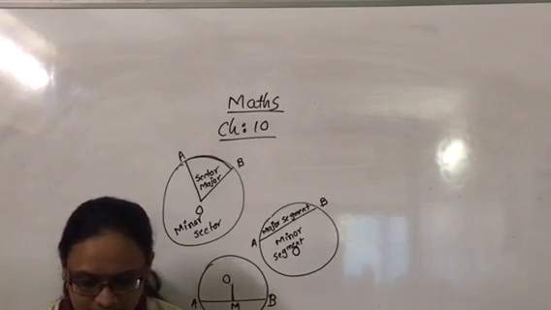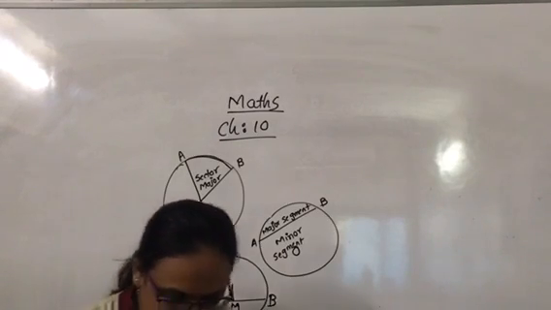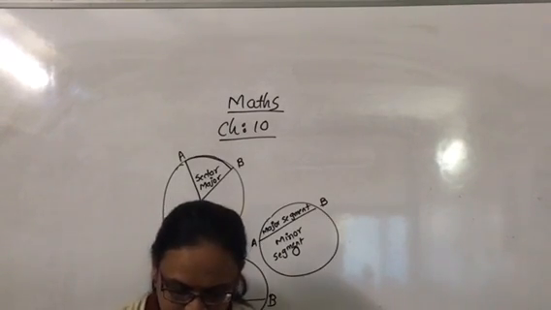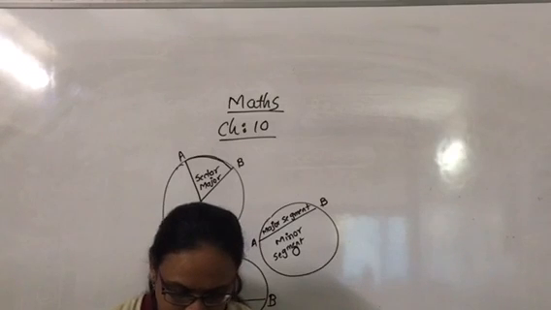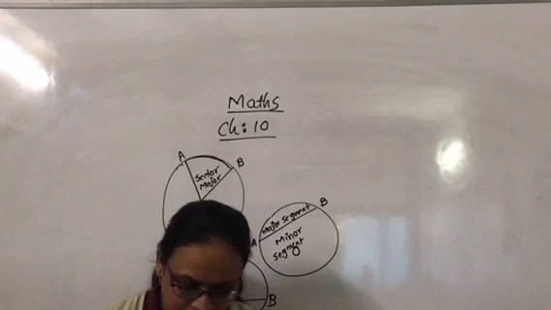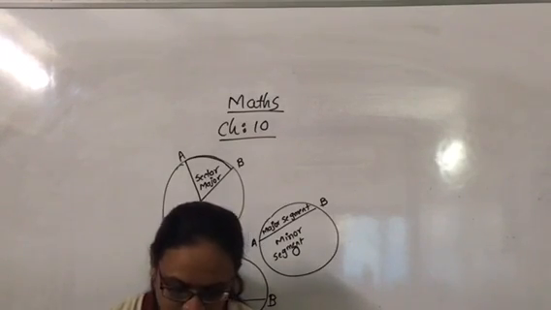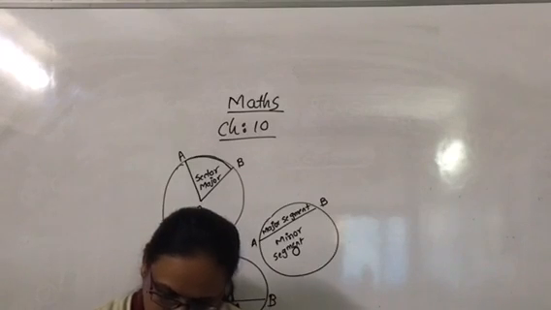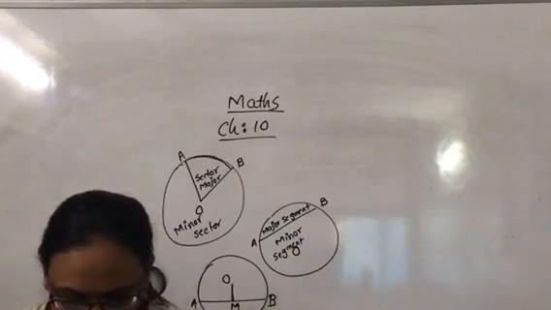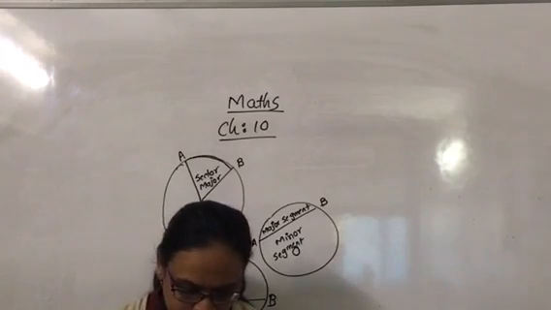Circles and its related terms. Take a compass and fix a pencil in it. Put its pointed leg on a point on a sheet of paper. Open the other leg to some distance, keeping the pointed leg on the same point. Rotate the other leg through one revolution. What is the closed figure? It is a circle.